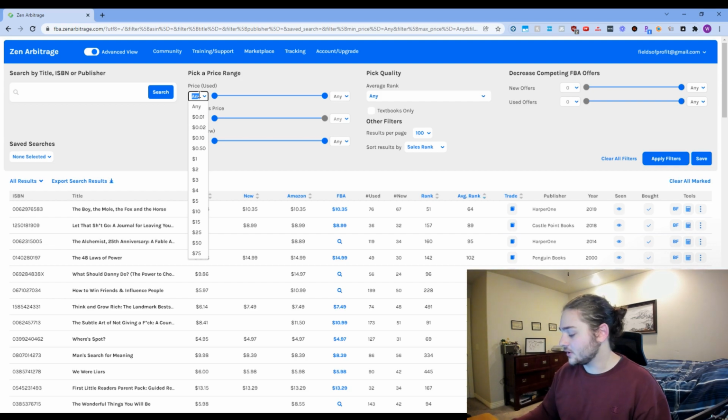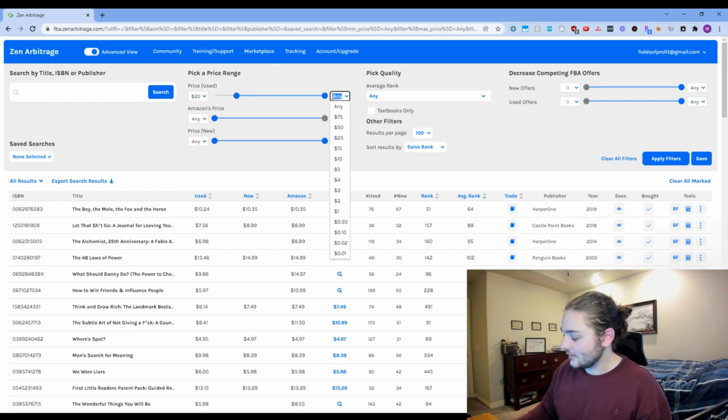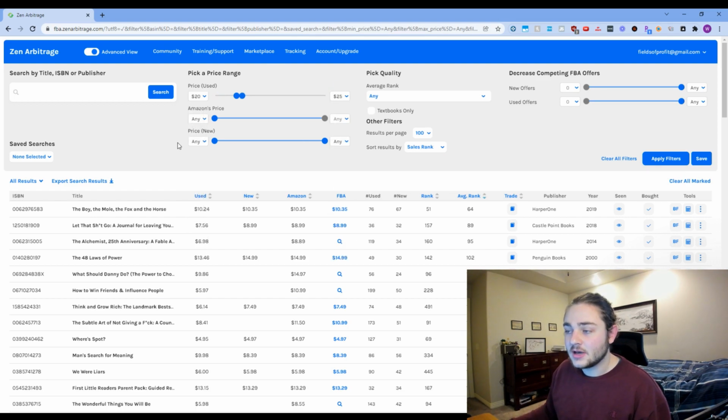I'm just going to be looking for books within a specific price range. You can adjust these as you see fit. So I'm going to look for 20 to 25. I'm going to leave Amazon alone, and then I'm going to change the new price to 80 and above. And so the reasoning for this, and you can adjust these prices for whatever you want, is that I want the new price to be a little over triple the price at bare minimum of the used book,